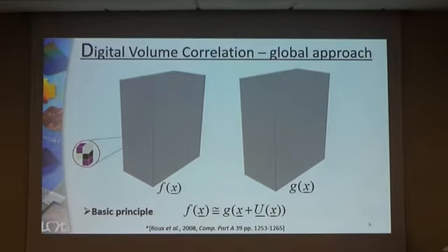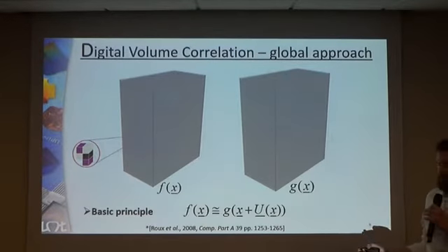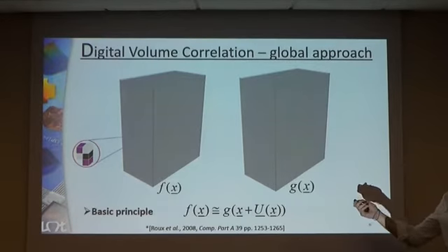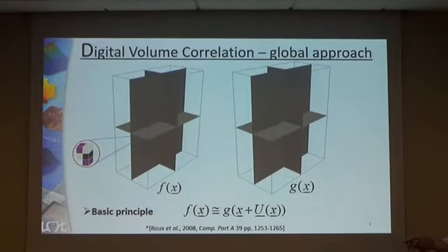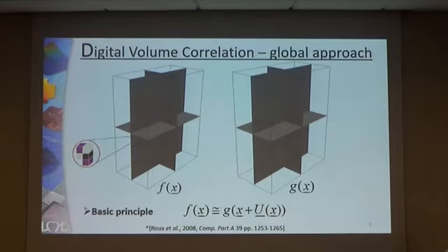To be able to do something like that, we need to decompose the displacement field that we are looking for on some kinematic basis. In this work, we have used the kinematic basis from finite element methods associated with the hexahedral elements and corresponding trilinear shape functions. As you can see, or you cannot see, we have poor contrast. So it's a challenging task for digital volume correlation. Still, there is enough contrast to obtain some good results, and this contrast is mainly due to these white intermetallic particles that are present in this aluminum alloy. On the other side, in this aluminum alloy, we have almost no porosity at the beginning of the loading process.